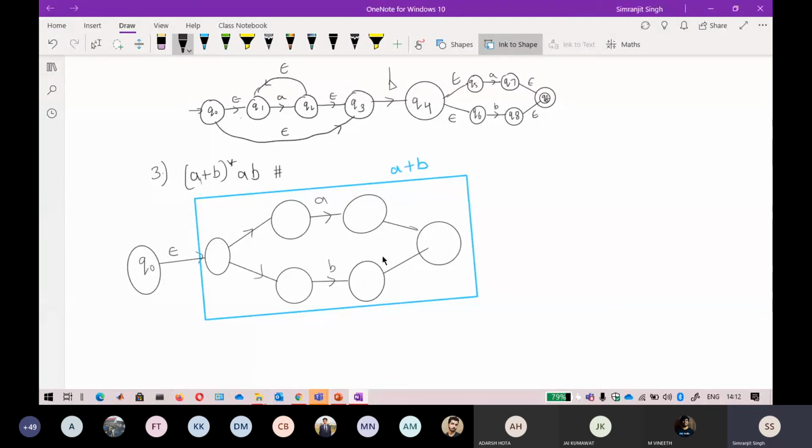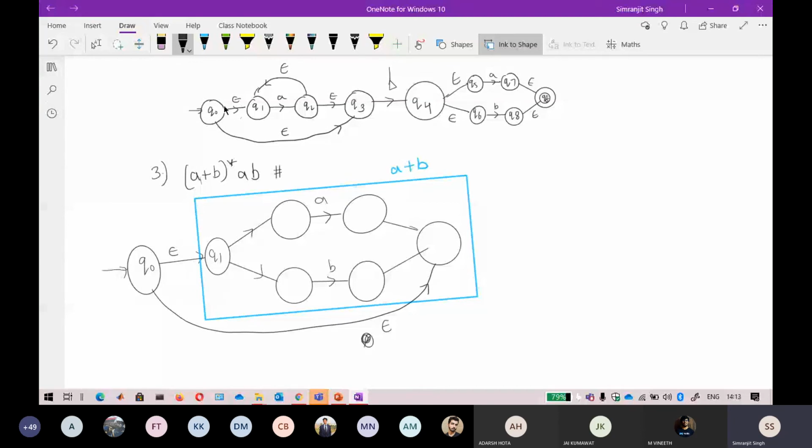So starting from Q naught, you can directly go towards the final state. You can also divert this Q1 state to this one, and that is also correct, but I just want to avoid any confusion, so I have used this. Because this is an epsilon move, it will be cleaner.